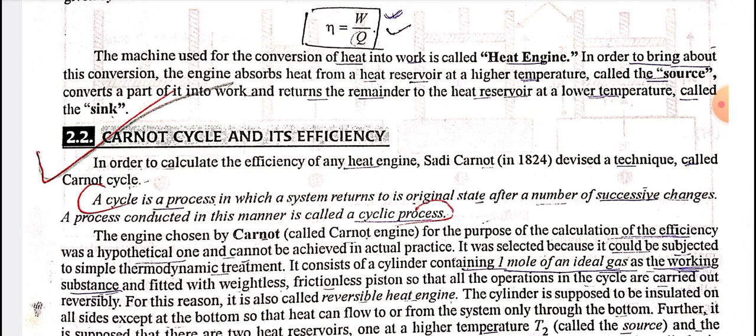For this reason, it is also called a reversible heat engine. The cylinder is supposed to be insulated on all sides except at the bottom so that heat can flow to or from the system only through the bottom. Further, it is supposed that there are two heat reservoirs, one at a higher temperature T2 called the source and